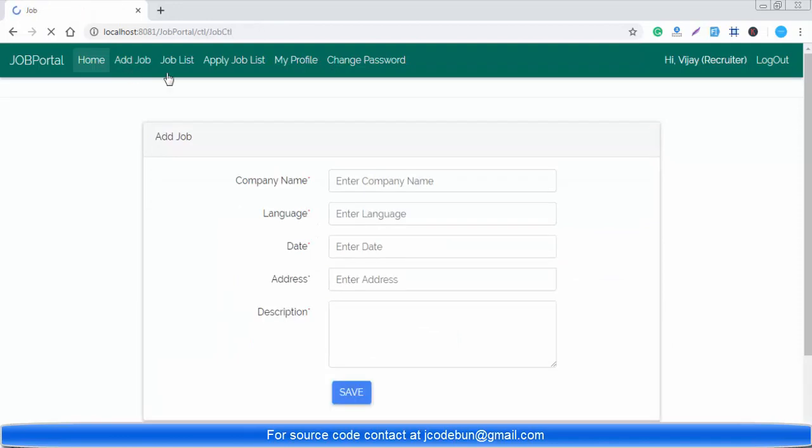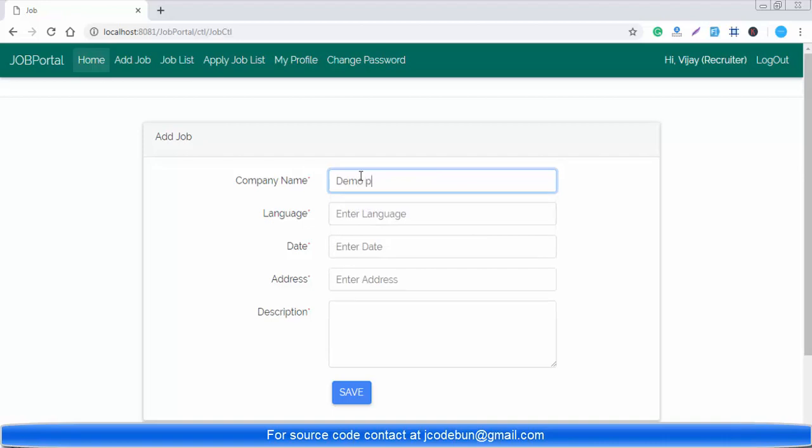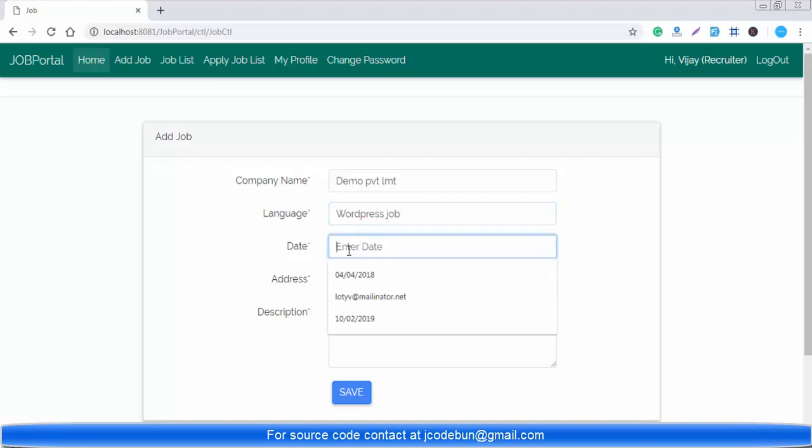For example, I'm going to add a new job, like company name demo pvt limited, and enter the language. Like I'm going to enter the language WordPress job. I can say WordPress job, and the date of interview, so the next date is